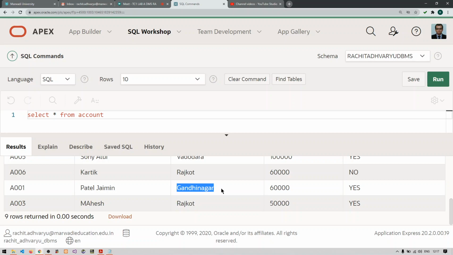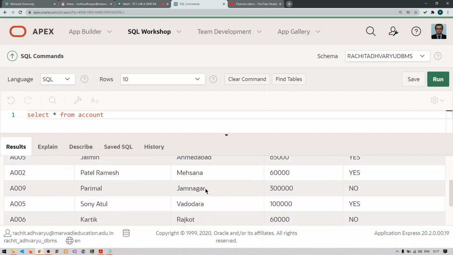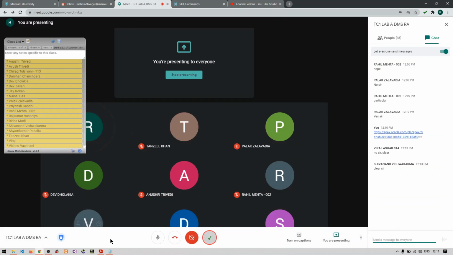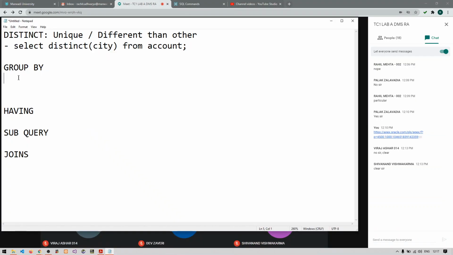So we have created different groups of cities in which the relevant city will fall into that particular group. If I enter a new record of Gandhinagar, then that record will fall into Gandhinagar's group. If I enter any other record of Jamnagar, then that Jamnagar record will fall into Jamnagar's group. So we are just collecting them into different groups. Clear with this, guys? What is group by first of all?